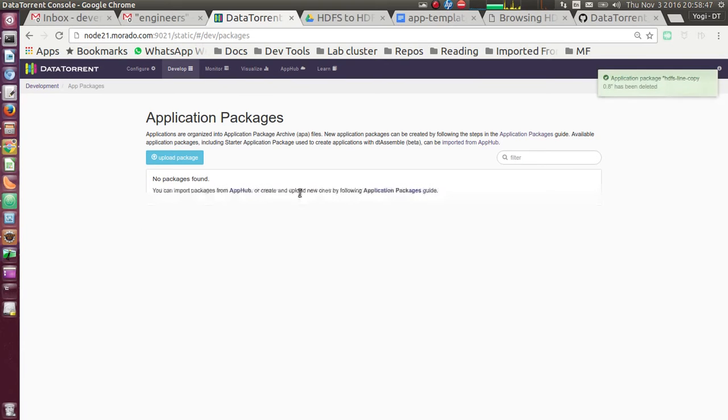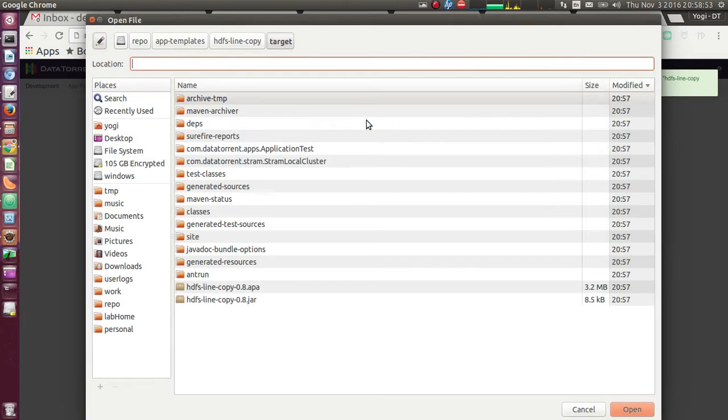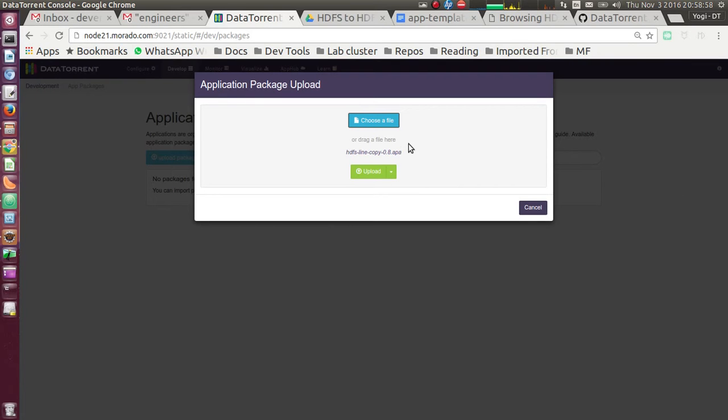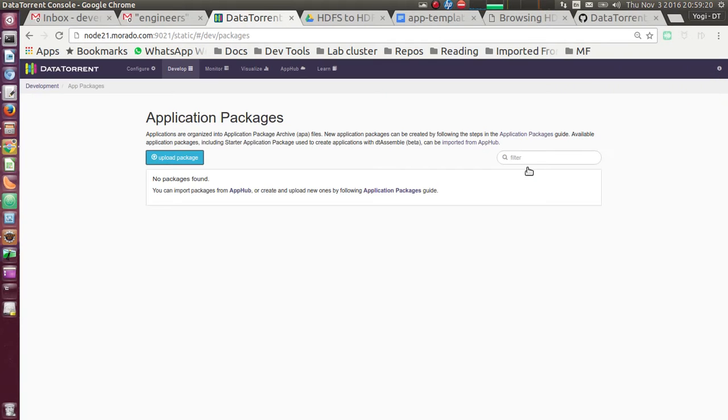We will delete that application and then we will upload the application package which we customized just now. So I selected that file and let's click on upload. So it will take a while to upload. You can close this dialog box and it gives notification which says that you will be informed when it is completed.